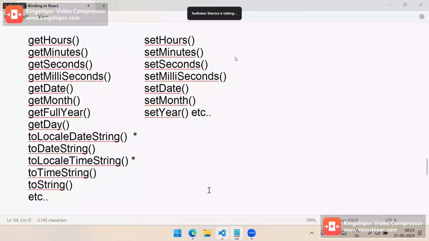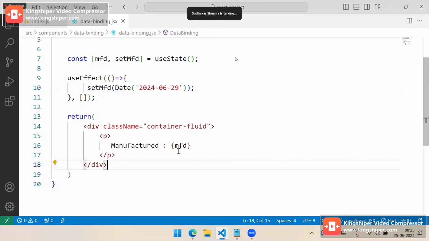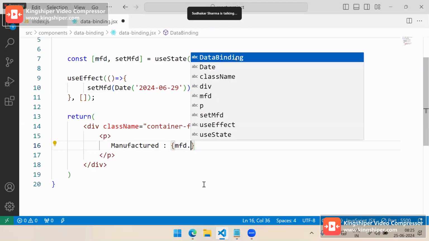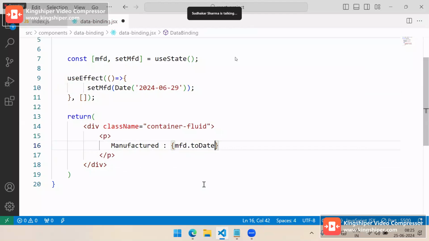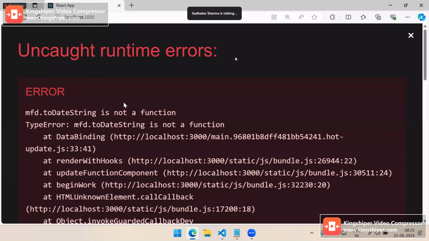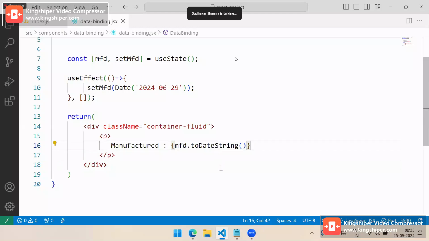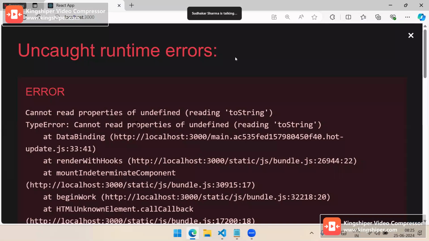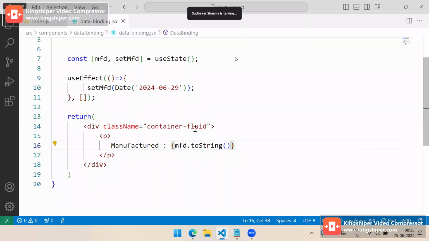So see here, suppose I'm giving MFD dot toDateString. I am writing toDateString here. So toDateString is related to date, and you can see it says it's not a function. And here, toString I am giving. toString is used to convert here. And you see cannot read undefined. Why is it undefined? Because